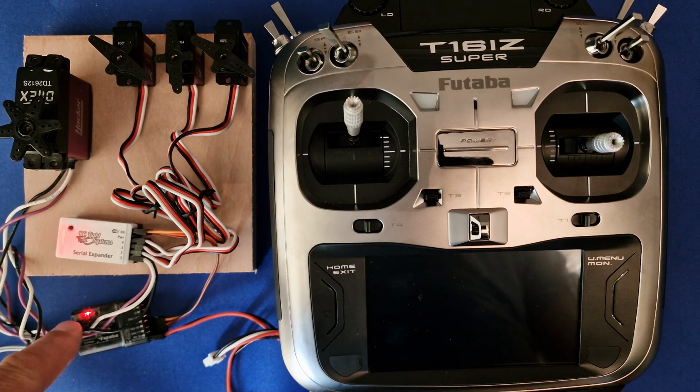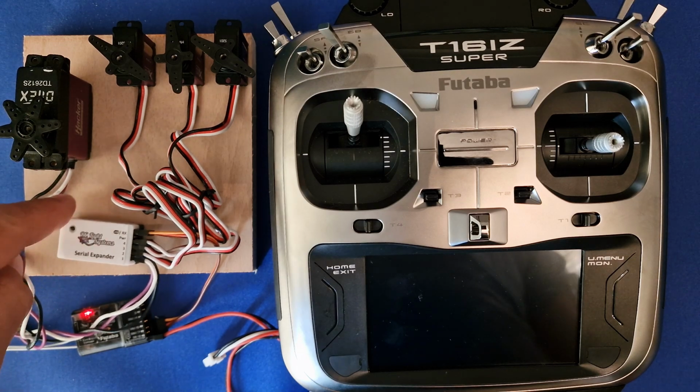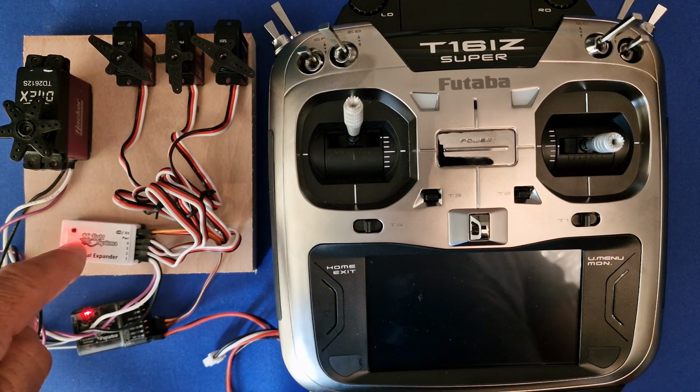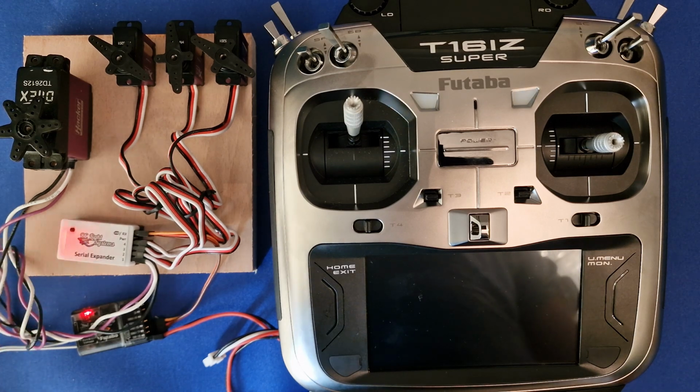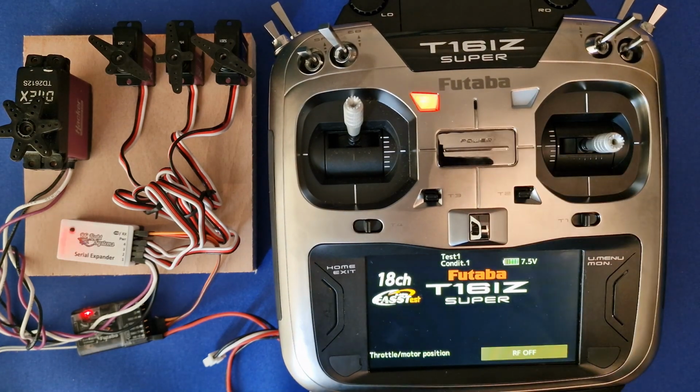The receiver has a red light indicating that it's in failsafe, and the serial expander also knows that there is a failsafe condition on the bus. It's showing a fast flashing red, which means it's picking up, but it's still sending through the information that the receiver is giving it. If we power back on again, then we'll see that as that comes back up,